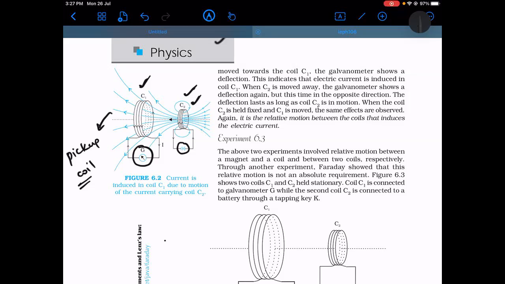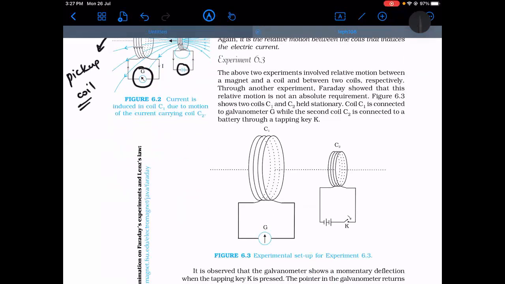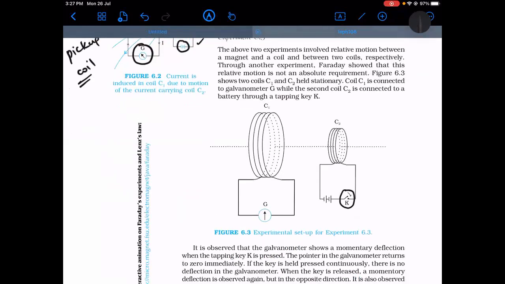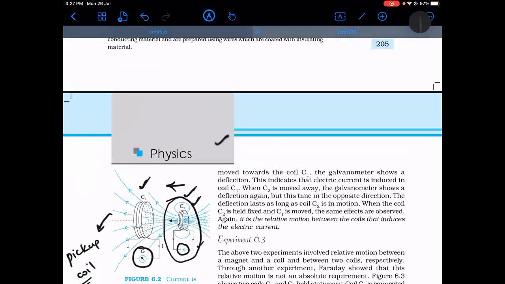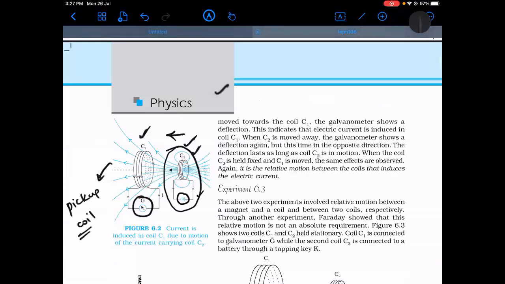In the third scenario, you can control the whole thing with the help of a key. There is no key here, whereas there is a key here. If this coil is generating a continuous magnetic field and this coil is moved, then